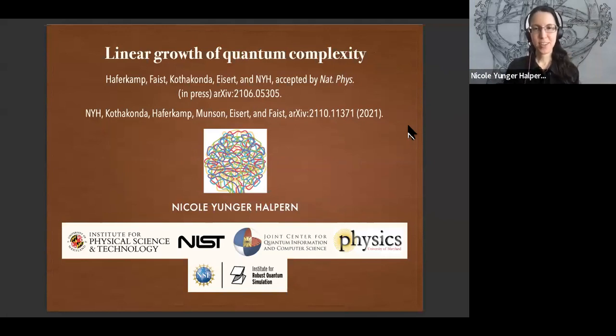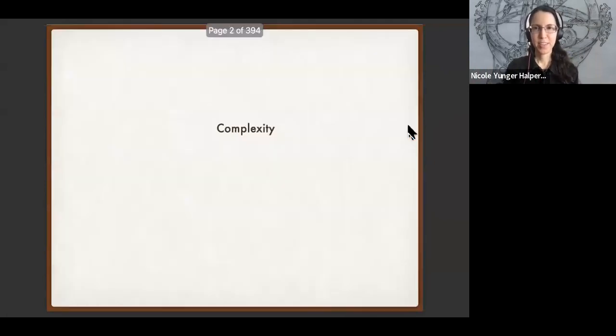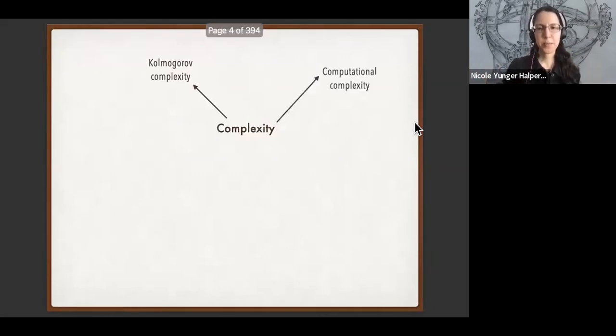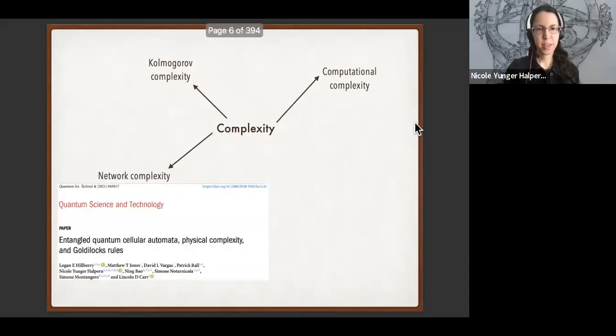This is a talk about quantum complexity, which is kind of a vague term. There are many different types of things that are called complexity. For instance, the Kolmogorov complexity of something is the size of the smallest program needed to output that thing. Computational complexity, many of us, probably not only me, learned about in a quantum computing class. Network complexity characterizes brains and social networks. I have done some work on that, but I'm not going to talk about it here.